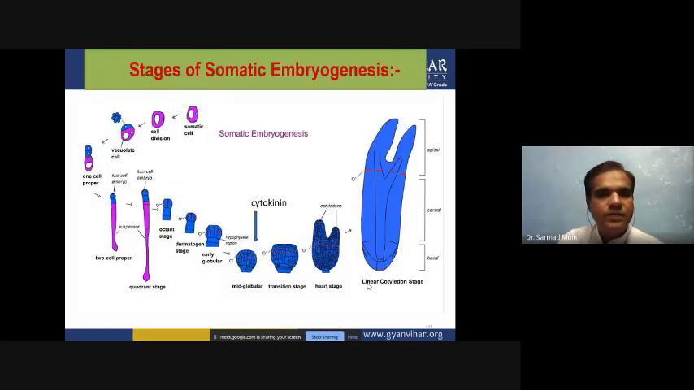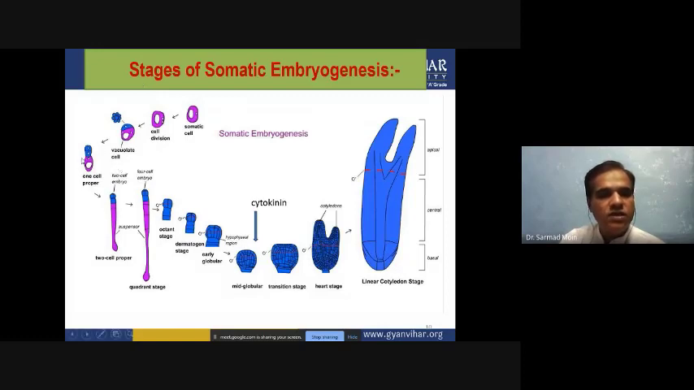Now, stages of somatic embryogenesis. Here we have somatic cells, and when we culture these somatic cells on artificial media under aseptic condition, the somatic cell can divide by mitosis into vacuolated cells, and these cells can be induced to produce the somatic embryo by the phytohormone concentration. For different species we have to use different concentrations of the